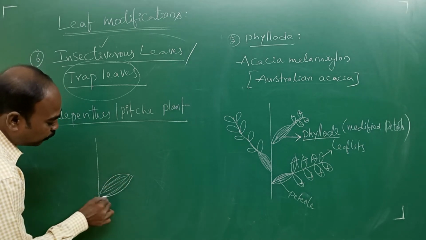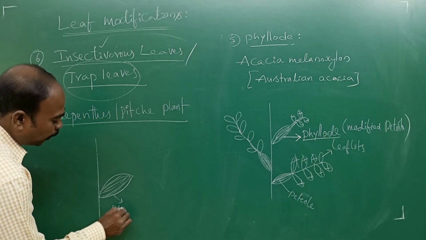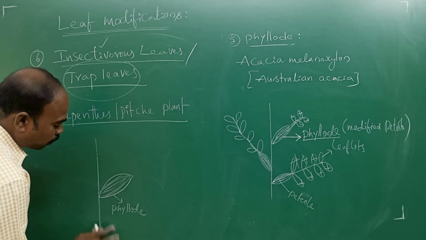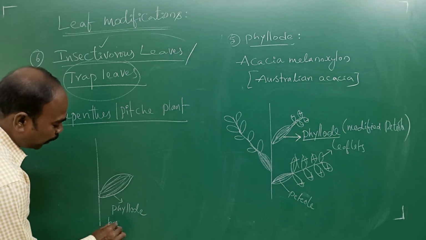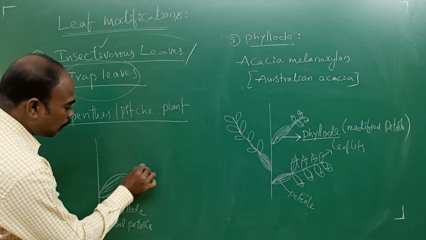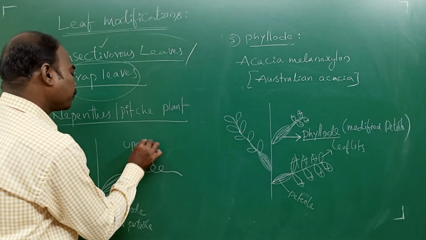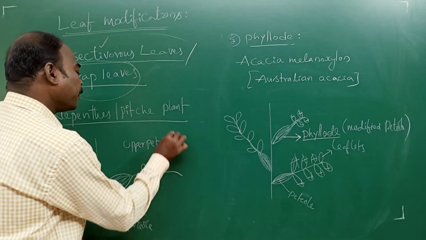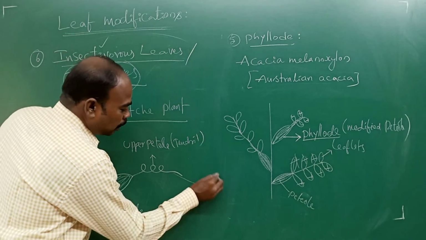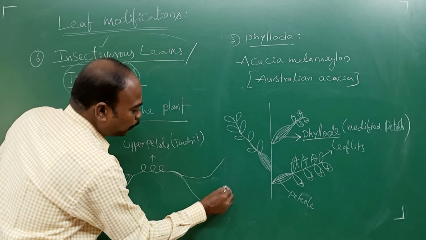The base of the leaf is modified into phylloid, the basal part of the petiole, and the upper portion of the petiole is modified into tendril, and the leaf lamina gets modified into pitcher,